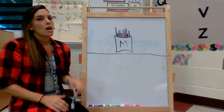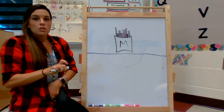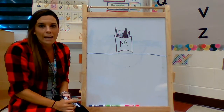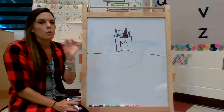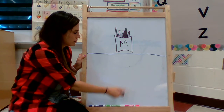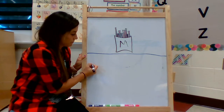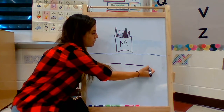Okay. What you're going to do next, remember in kindergarten we learned how to write our message, our sentence, with lines. So don't worry about writing the words first. I want you to write the lines first to get your spacing down. So I'm going to start, remember when we start writing, top left. I'm going to make lines as I say the words. My favorite food is